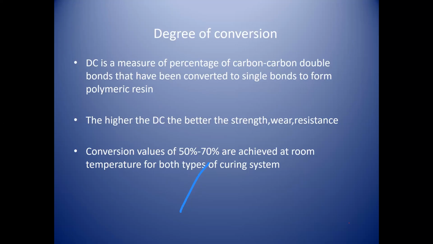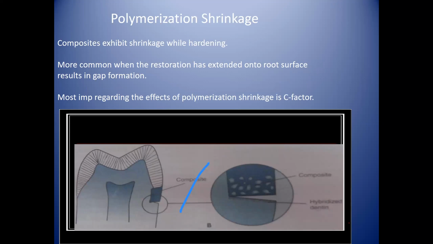Degree of conversion is a measure of the percentage of carbon double bonds that have been converted to single bonds to form polymeric resin. The higher the degree of conversion, the better the strength and wear resistance. Conversion values of 50 to 70% are achieved at room temperature for both types of curing systems, that is light cured and chemically cured. Polymerization shrinkage is one of the biggest issues of composite, as it causes residual stresses within the material. Composites exhibit shrinkage while hardening,